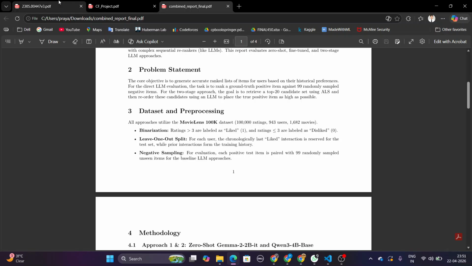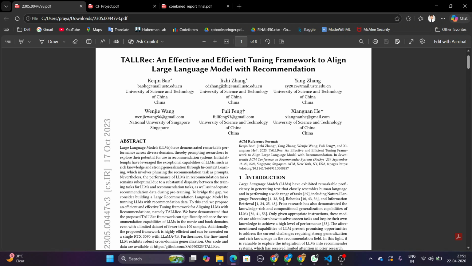So the paper we are following for this approach is the TALLRec framework and logic extraction. A terminal window types out a prompt dynamically. Your movie recommendation assistant: the liked movies can be Terminator, Speed, Godfather. I'm just giving examples here. Given this history, will the user enjoy Top Gun? That is the question we are going to ask. Top Gun is going to be the movie we are asking about in the prompt. An LLM will output a probability distribution instead of generating text. It gives a probability of yes, let's say 0.85 for the Top Gun movie.